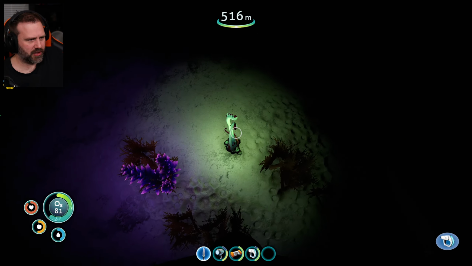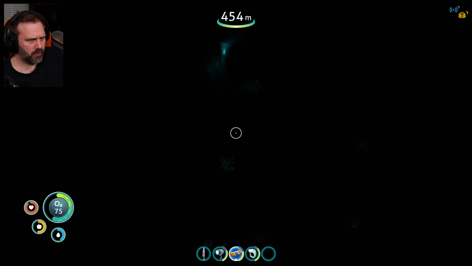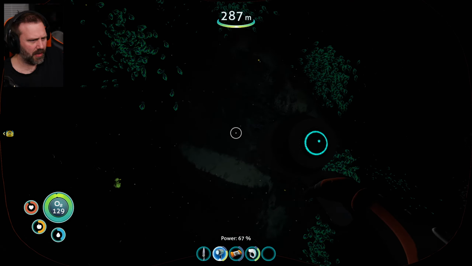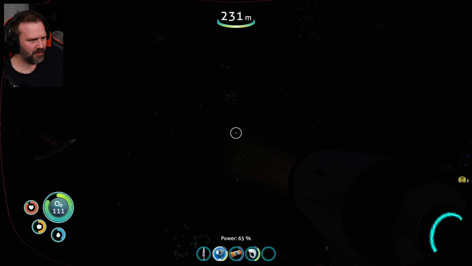Next I jaunted over to the Lost River entrance in the mountains to grab some ghostweed. Then I got a little bit lost and had a scary moment. I'm just gonna pray to God that I'm not heading towards Reaper right now. Oh my God. Okay, there's bulbs. Let's head towards the bulbs. Let's just get to the...